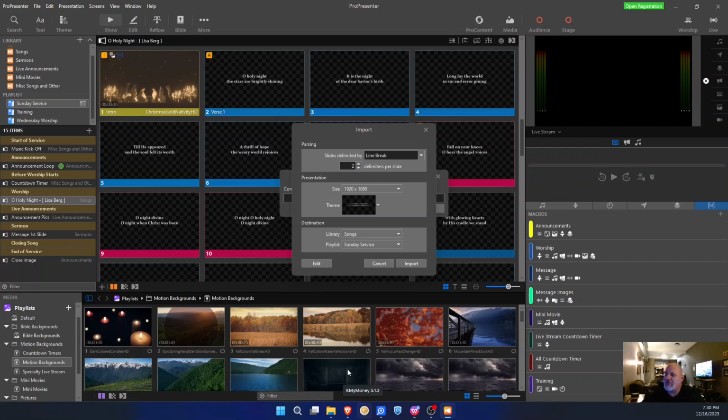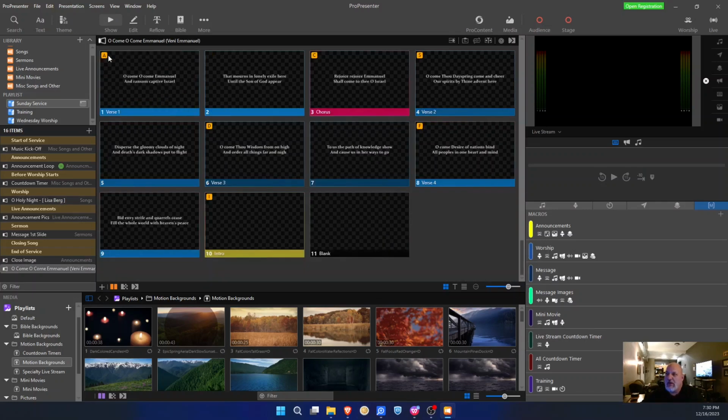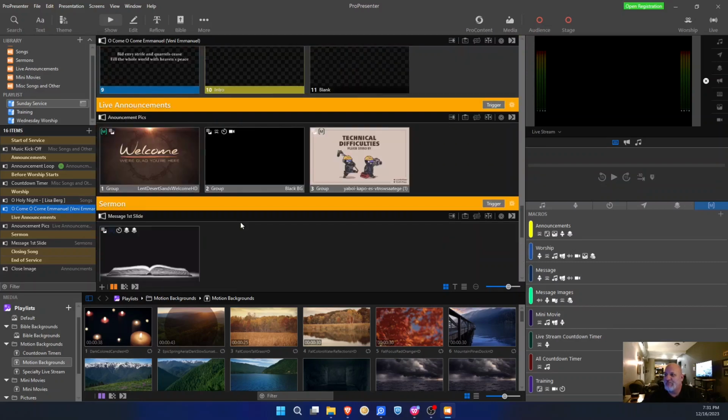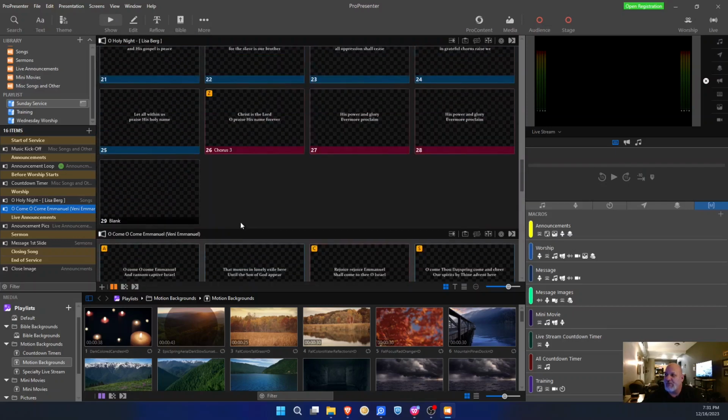And it will take a second to import. Once it's imported, you'll see that it comes to the bottom of our Sunday playlist. I'm going to go ahead and move it up into worship, and then I'll double click on it, even though that didn't work this time. I'll just scroll up in this case. So we have the song here,